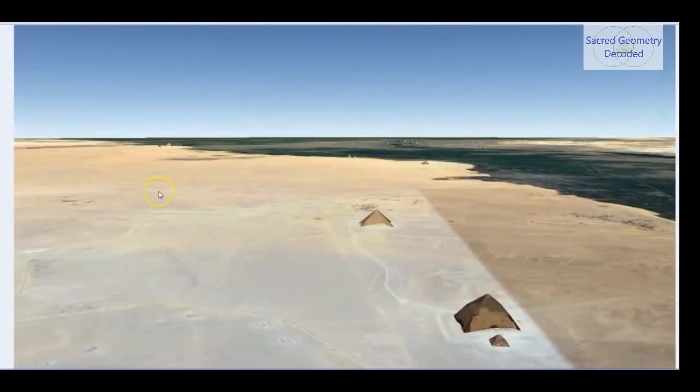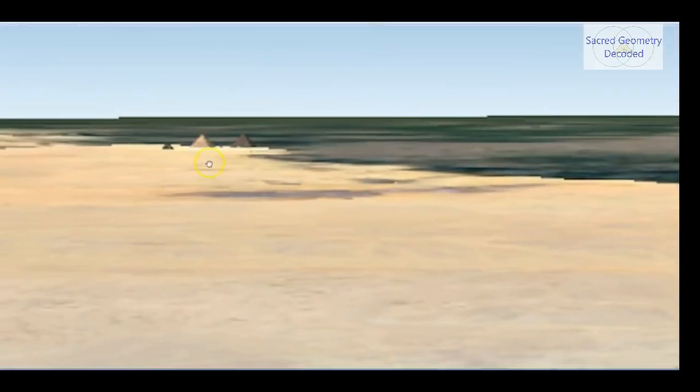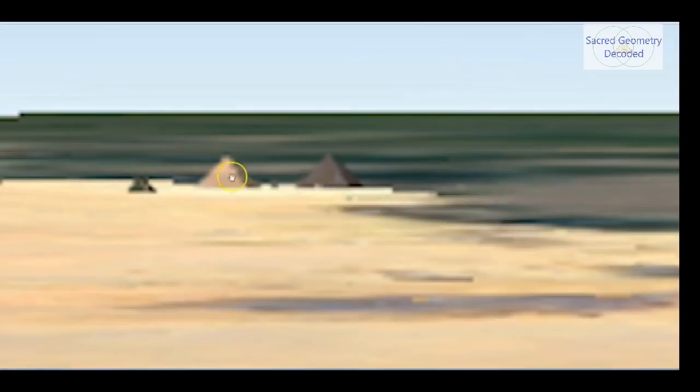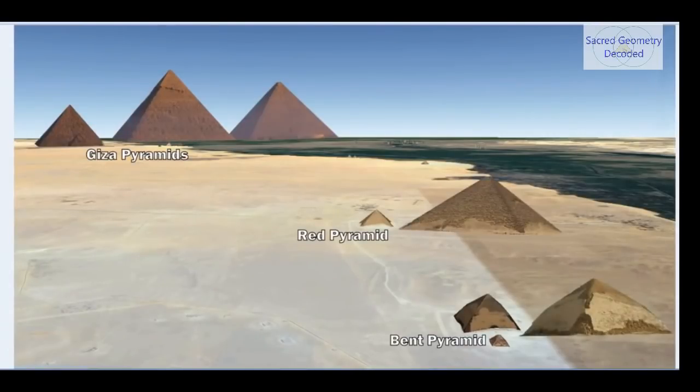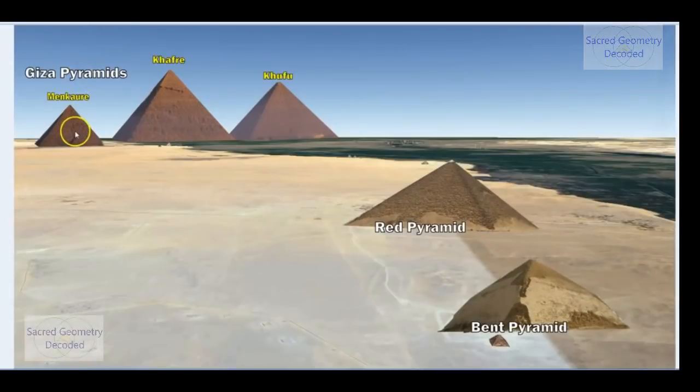More to come. So here we see a Google Earth screenshot, just to get an idea of where we are. We have the Bent Pyramid and the Red Pyramid at Dashur, and off in the distance we see the 3 pyramids on the Giza Plateau, which are iconic, enigmatic as well. And now we'll be using this as a base. So we have the Bent Pyramid, the Red Pyramid, and the 3 Giza pyramids, the Great Pyramids. Just to be sure,